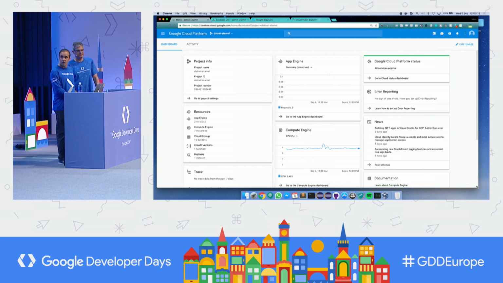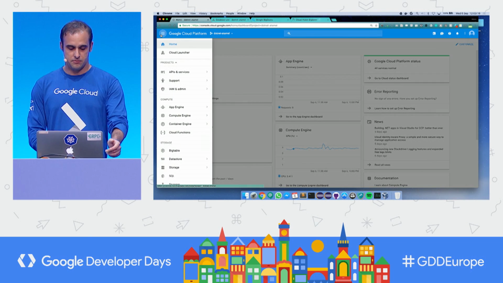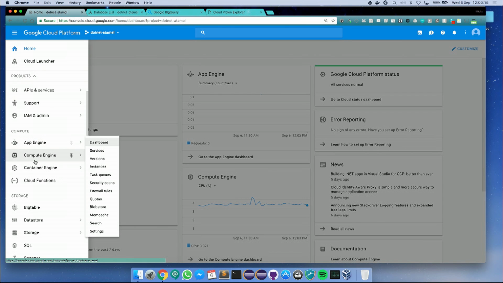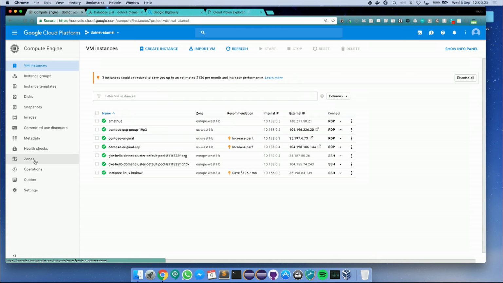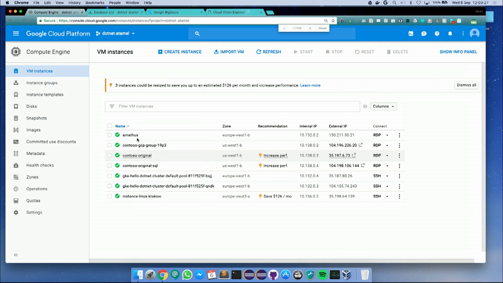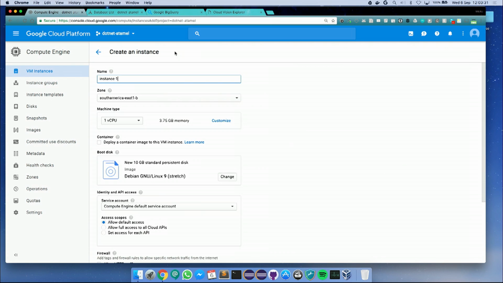So here I am in Google Cloud Console. You've probably seen this before. On the left, we have a bunch of products on Google Cloud, but the one that we are interested in is Compute Engine. On the Compute Engine instance page, I can see my VMs, and these are the VMs that I have already running. If I want to create a VM, I just do create instance, and this takes me to a new